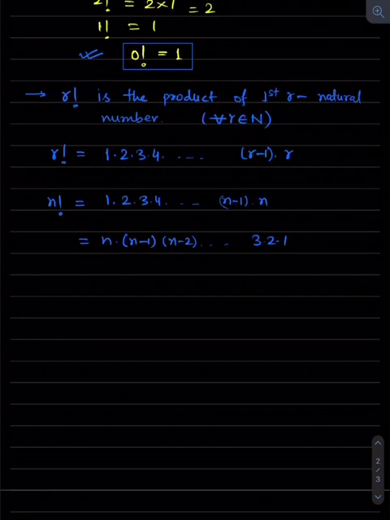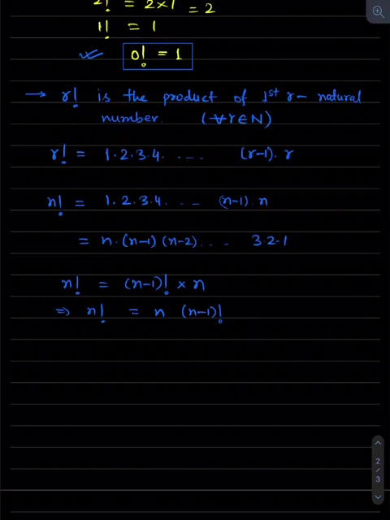Now we'll see one more thing in this, that n factorial is 1 into 2 into 3 into up to n minus 1 and up to n. But if we consider only this part, 1 into 2 into 3 into 4 into up to n minus 1, what is this? Does it represent only n minus 1 factorial? So we can write it as n minus 1 factorial. I took only up to n minus 1 into n. So n factorial can be written as n into n minus 1 factorial.